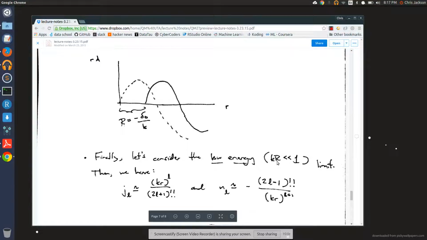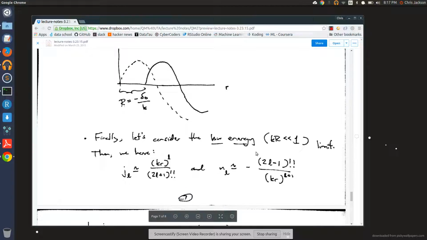So let me take K times R. R is my range, right? But what we're looking at is cases where K is so small that this combination is much smaller than 1, right? So in this limit,